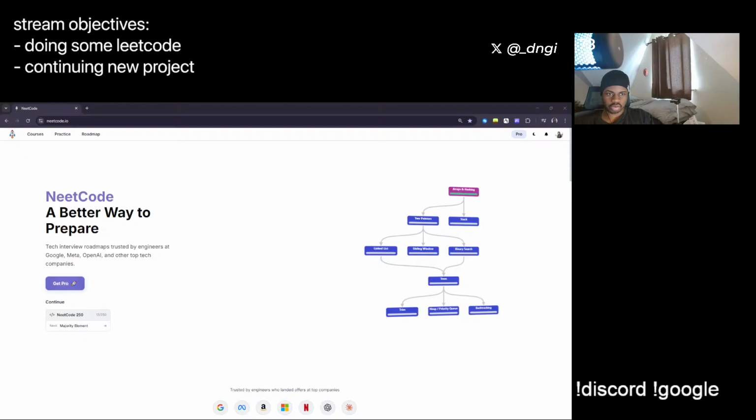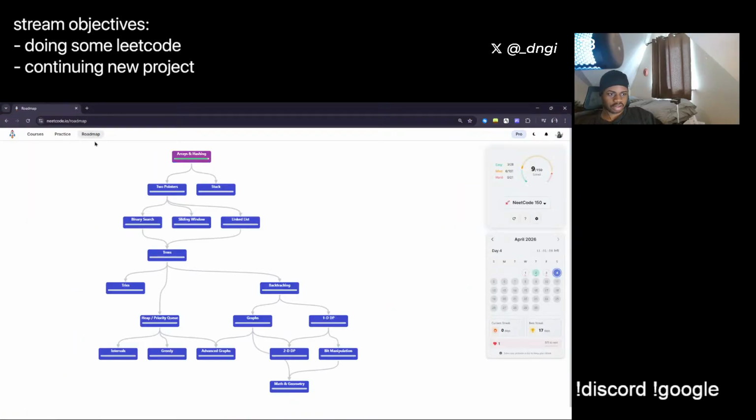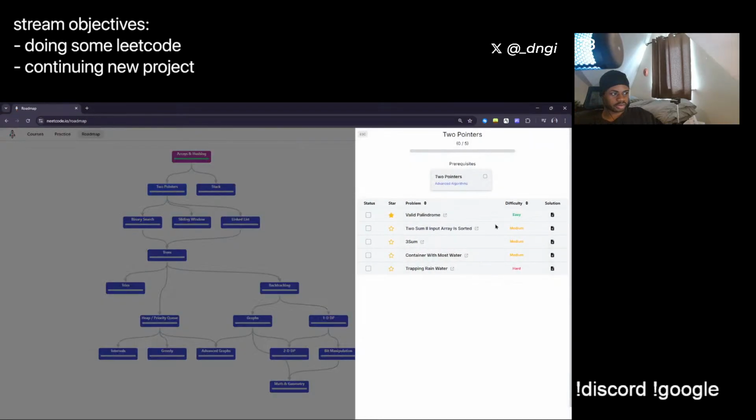So we're going to start with two pointers since I've been doing arrays and strings by myself. So we'll just continue. I'm going to do like two, maybe three problems, and then we'll move forward. Maybe more if I feel like we're speedrunning them, but we'll see. I haven't done LeetCode in a while, so I might be rusty. Okay, so